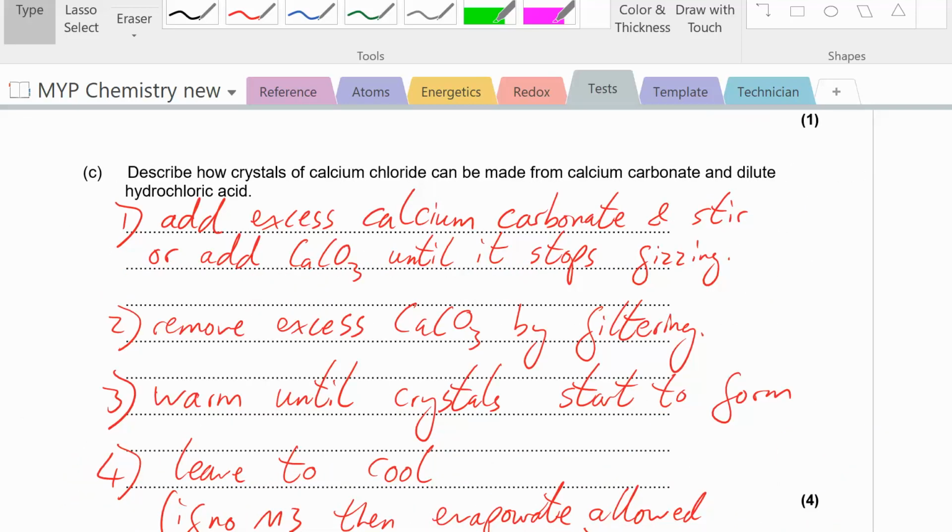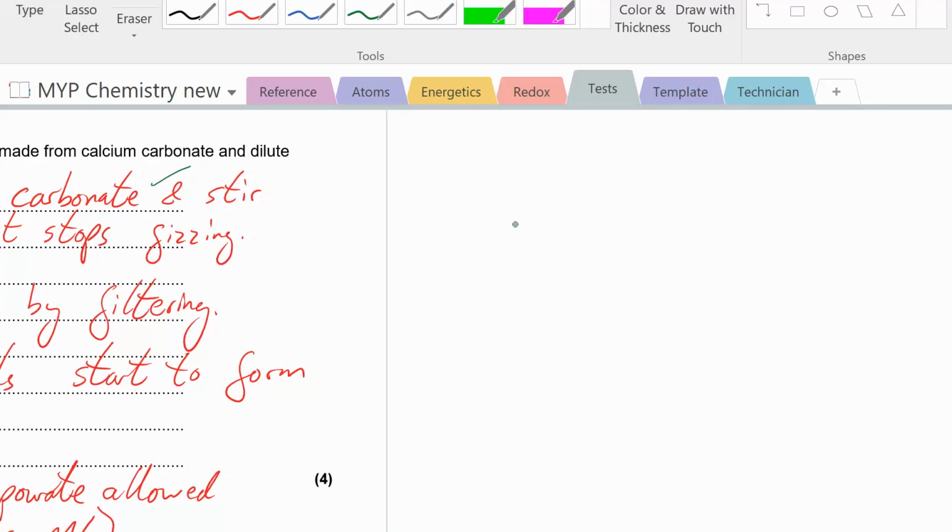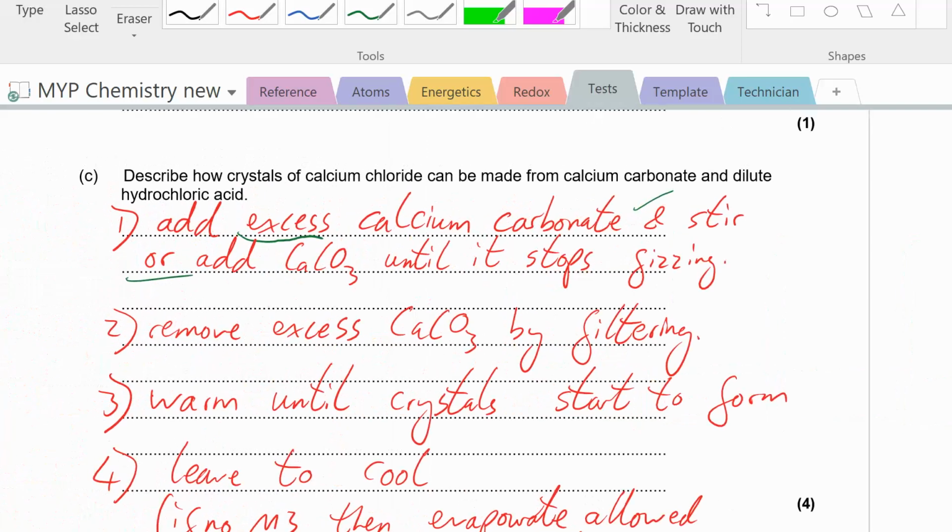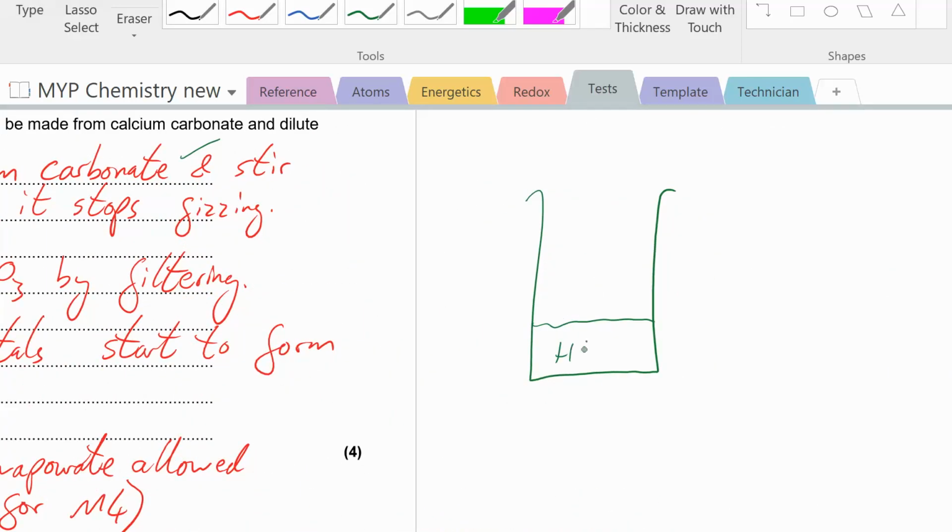Okay, question C. Describe how crystals of calcium chloride can be made from calcium carbonate and dilute hydrochloric acid. So first step is we're going to add some excess calcium carbonate and stir it, or you could have said add calcium carbonate until it stops fizzing. So essentially in a beaker you have some acid, which was HCl, and you could pour in,